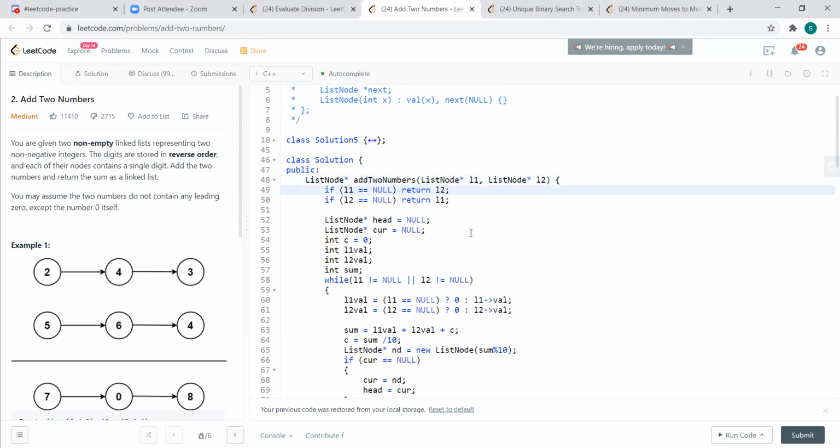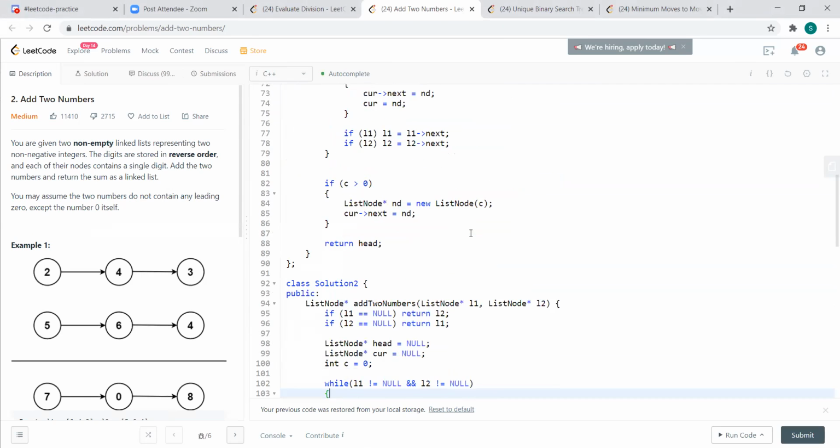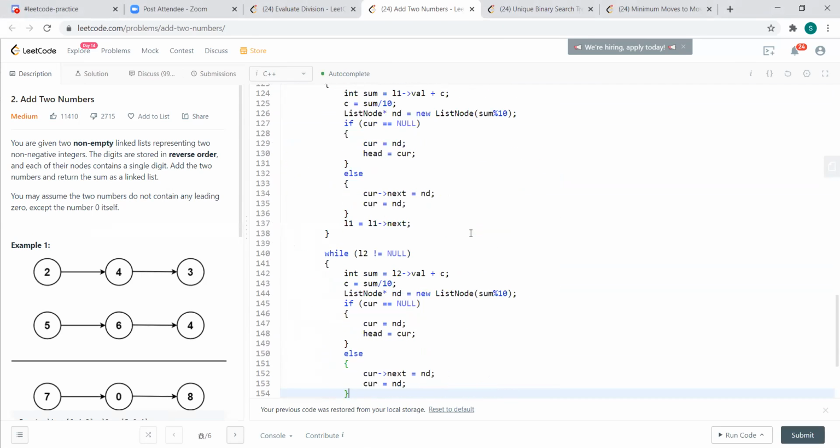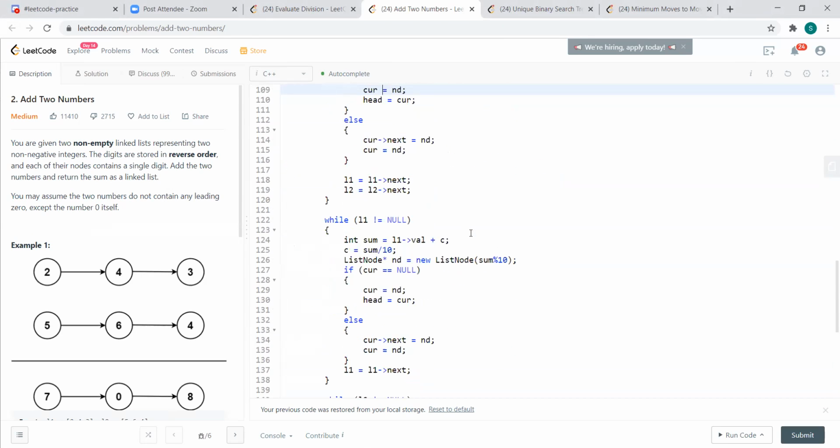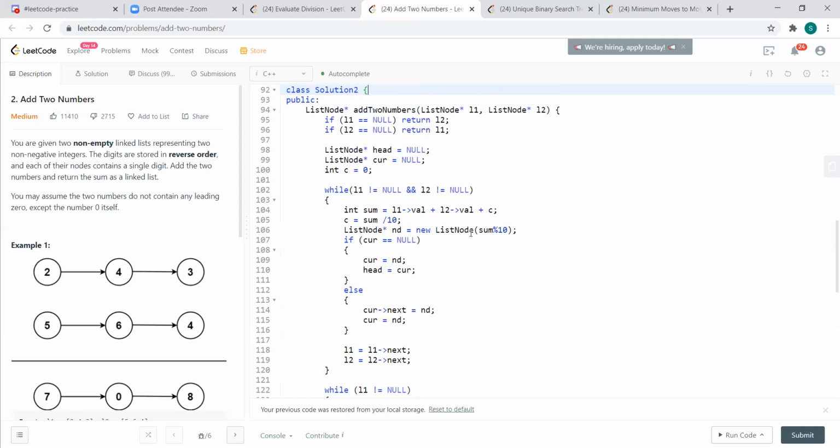If L1 is null, I return L2, and if L2 is null, return L1. And this is the head and current, which I'm just setting to null. Let me come to that later, but let me go to the normal one, which is the non-iterative version.